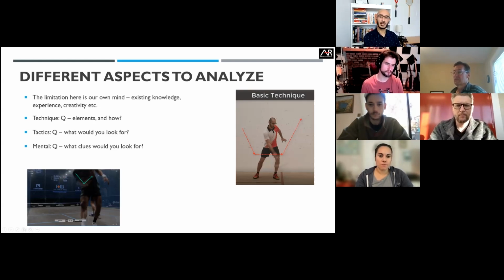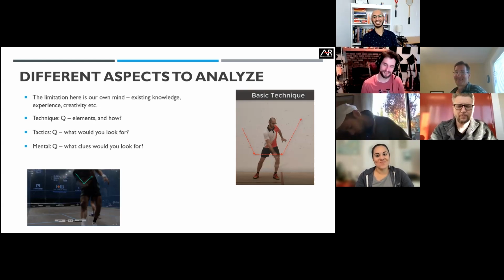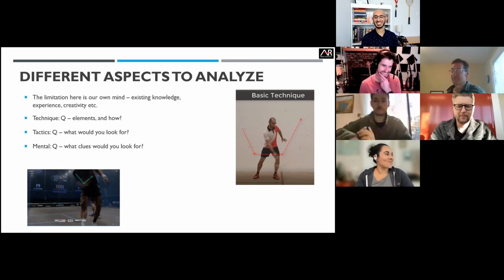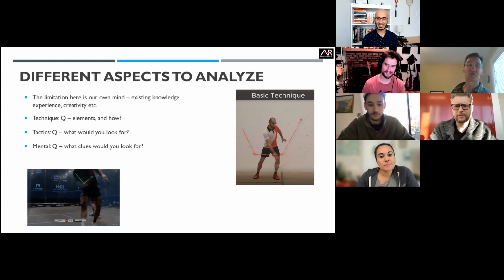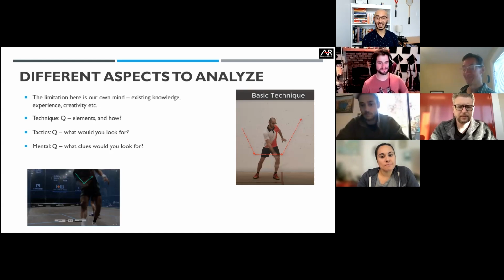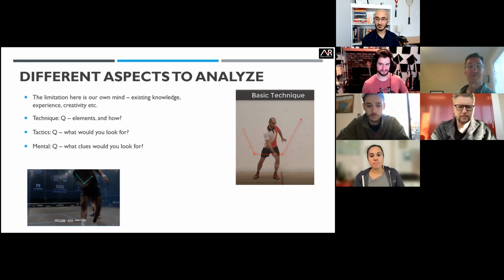Now let's go from here. Mental. Let's say you had to look at some mental aspects of the game. What might you look for from a mental perspective? Did they break a racket after losing the match? No, I'm just kidding. I love it. You're not wrong, you see that a lot. The biggest one I've seen is slumped shoulders, not looking like you're prepared, a little down. Yeah, absolutely. Slumped shoulders. I see Odess and Adrian write body language, and twins because they wrote it at the same time. I like it.